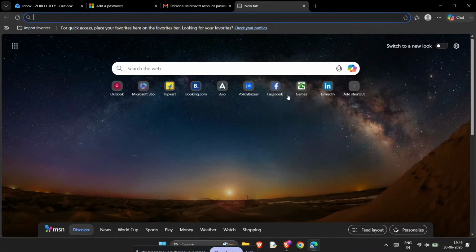If you want to change your MSN homepage in Microsoft Edge, this quick guide will show you exactly how to do it in just a few simple steps. Whether you want MSN to open every time you launch Edge, or you just want to set it as your start page for faster access to news, mail, and updates, this tutorial will walk you through the process clearly and